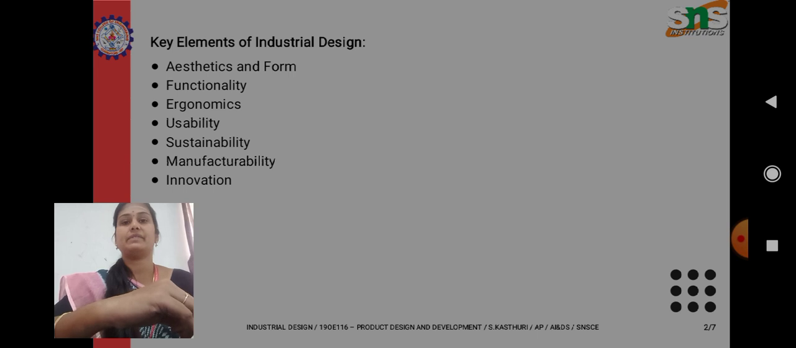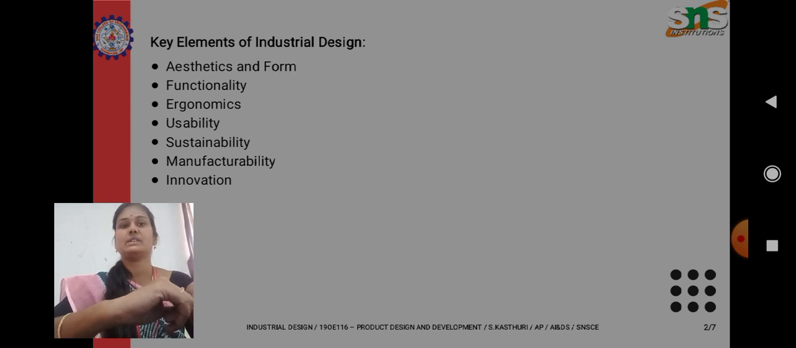The key elements of industrial design are, first, aesthetics and form. Form refers to the overall shape, structure and visual appeal of a product. Aesthetics ensures that products are pleasing to the eye, aligning with consumer taste and cultural trends. A good industrial design is not just about looking good but also being easy to use, reliable and performing its tasks efficiently. Ergonomics focuses on creating products that are comfortable and safe for the user